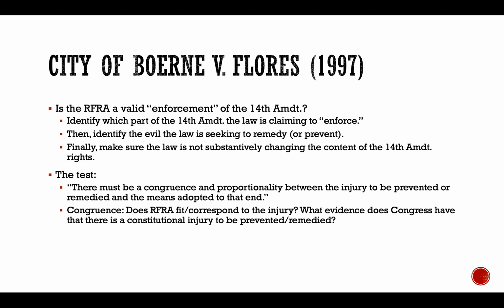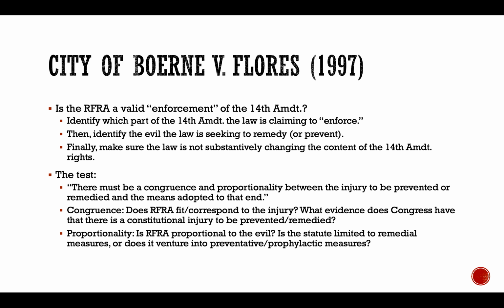And therefore, what Kennedy is saying is that this is not the sort of problem, or these statutes identified in the legislative record are not the sorts of things that in and of themselves constitute free exercise clause violations, right? So that's another way of saying that there really isn't an identifiable injury here for Congress to even remedy. But Kennedy says that that's not even the most serious shortcoming. The most serious shortcoming comes in the proportionality analysis, which starts at the top of page 980.